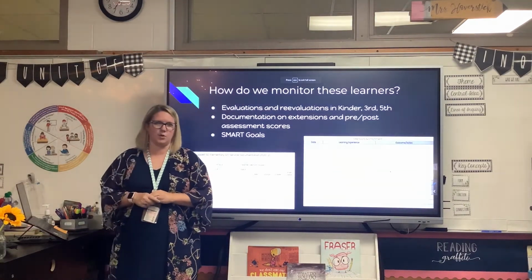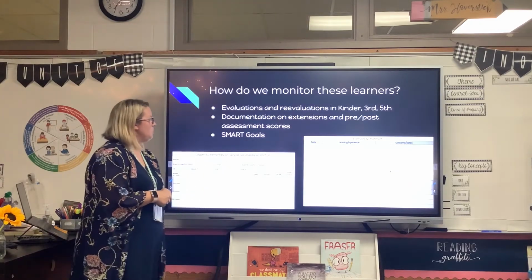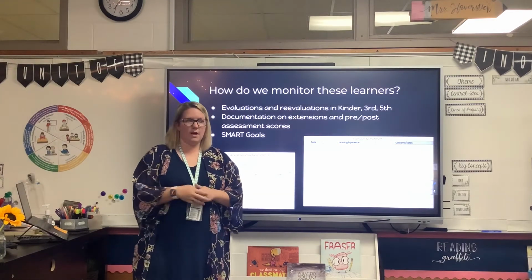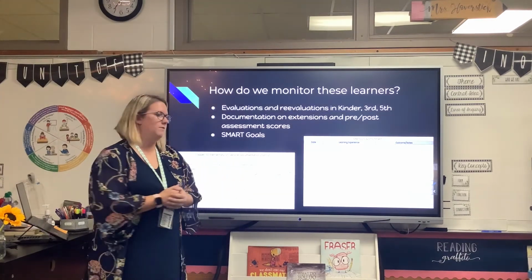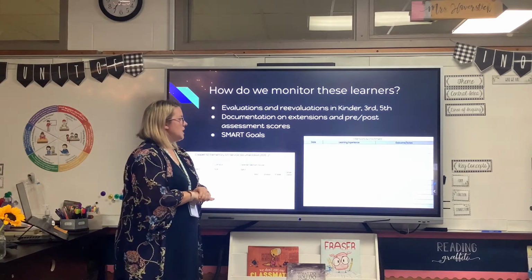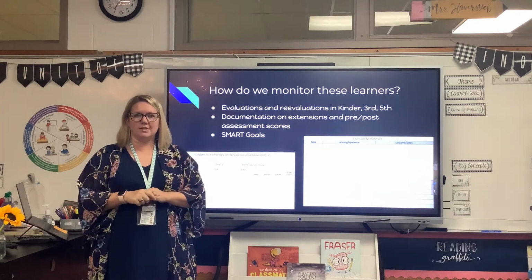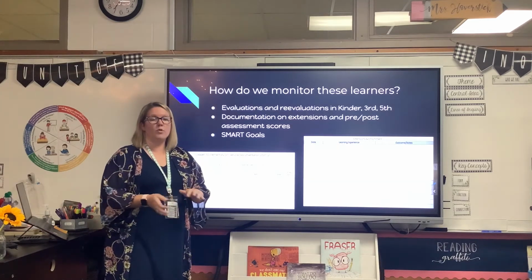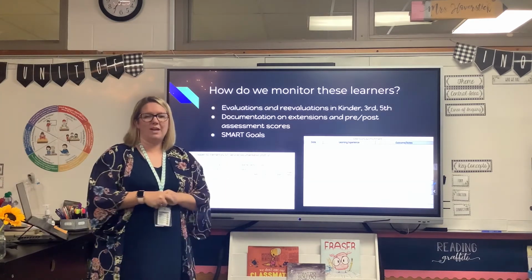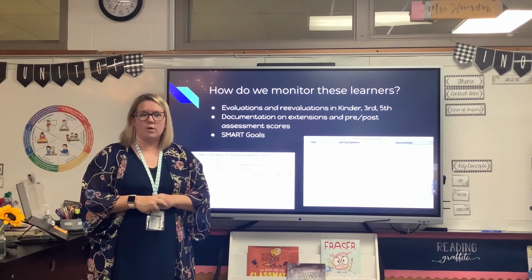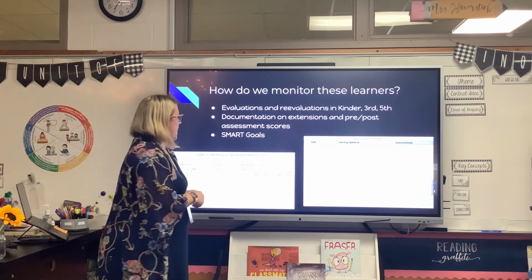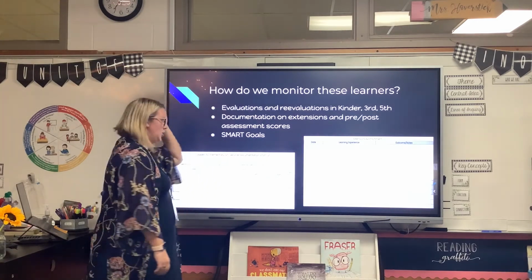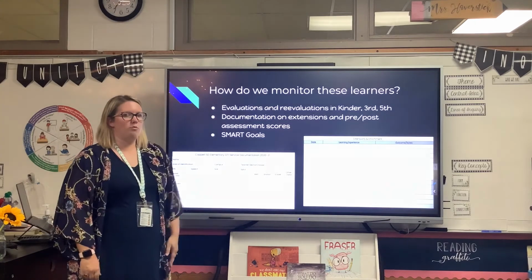How do we monitor these learners? So throughout the year, we use evaluations and reevaluations, of course, in Kinder, 3rd and 5th to see if learners are eligible for the program. We also document extensions and pre and post assessment scores on these learners because this provides documentation for when they reevaluate. We have data to support whether they should continue in the program and make sure that their goals are being met. They create individual SMART goals each year,